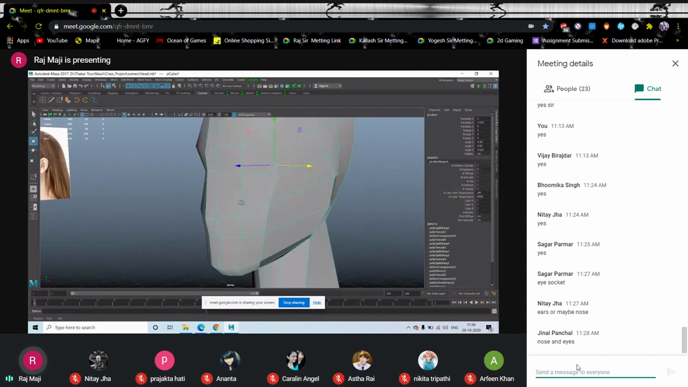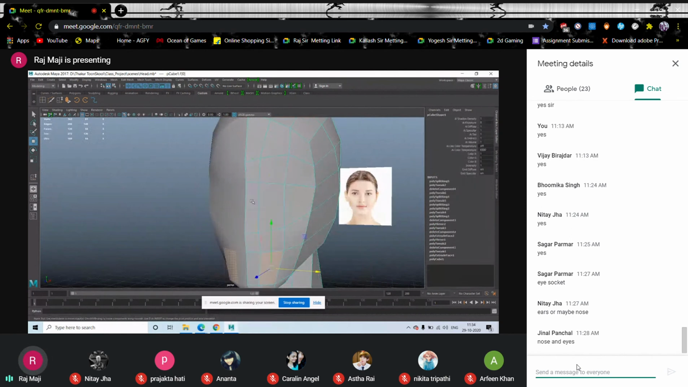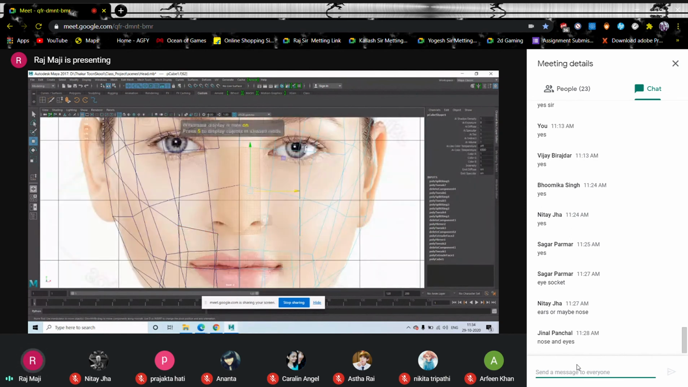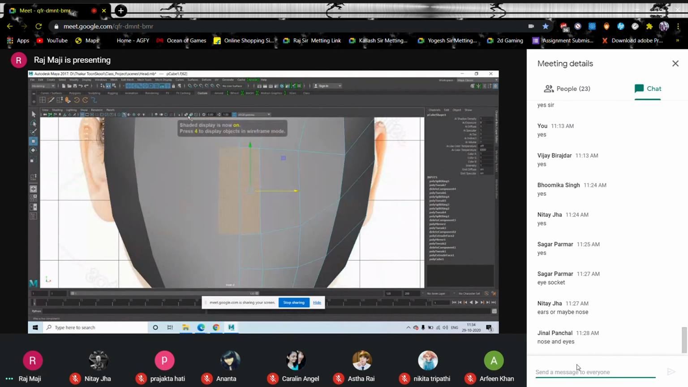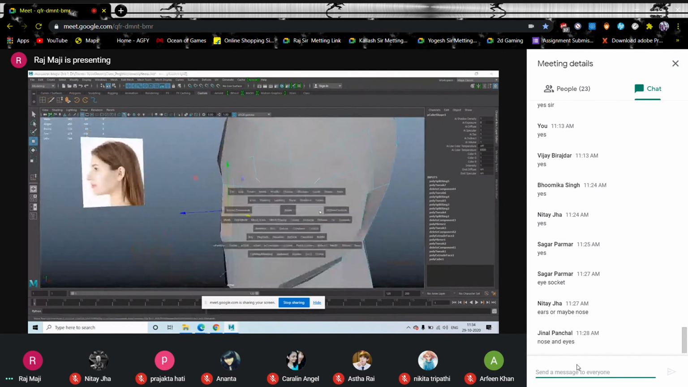Now, let's create the nose. Okay. So this is the height of the nose. Just check from the front view. So this is the nose, right? The base of the nose, and this is the actual height of the nose. So selecting this, go to the side view,